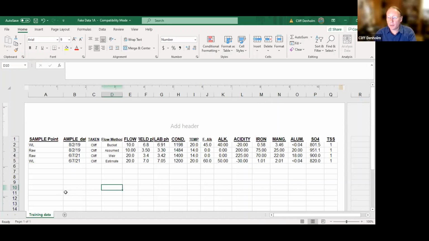What is important is that your parameters go across these columns. The order of these parameters doesn't really matter. It does not matter whether you have flow first or field pH first, or that you even have field pH. So you want to have the data that you want to upload. What is important is that the first column